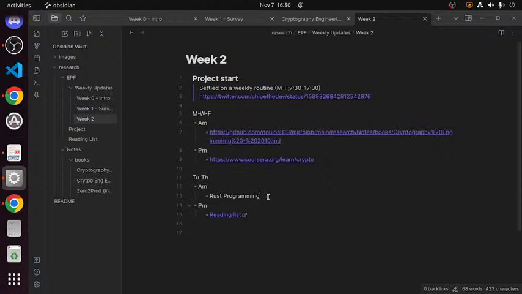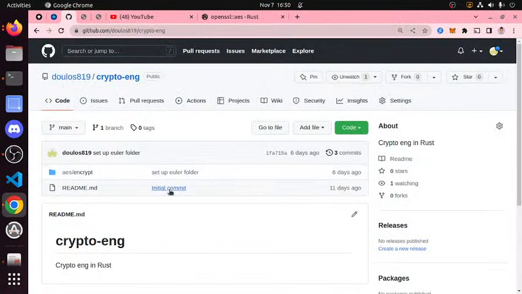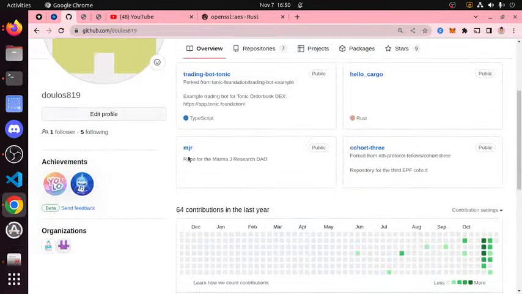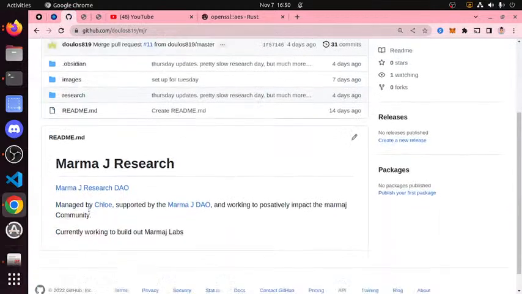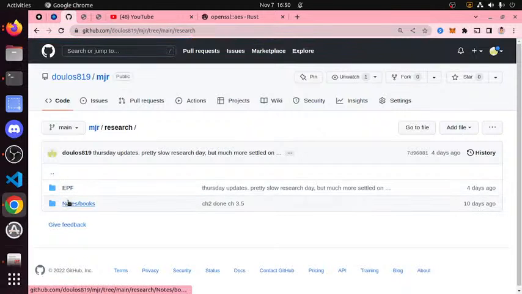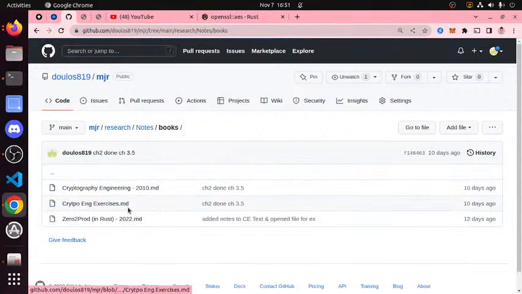Tuesdays and Thursdays, for Rust programming, I mean, for now, until I find this book that Dicentricity is going to send me, I should just focus on, where are we? Research. No, not EP. Oh, I had a different project. Oh, I'm remembering so much stuff. This is the one though.